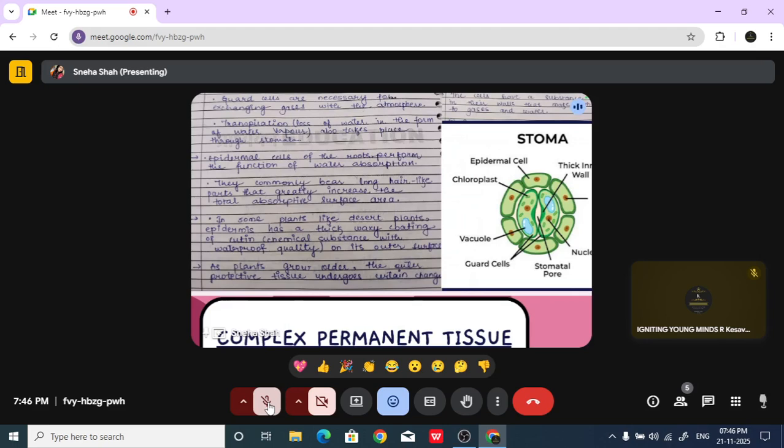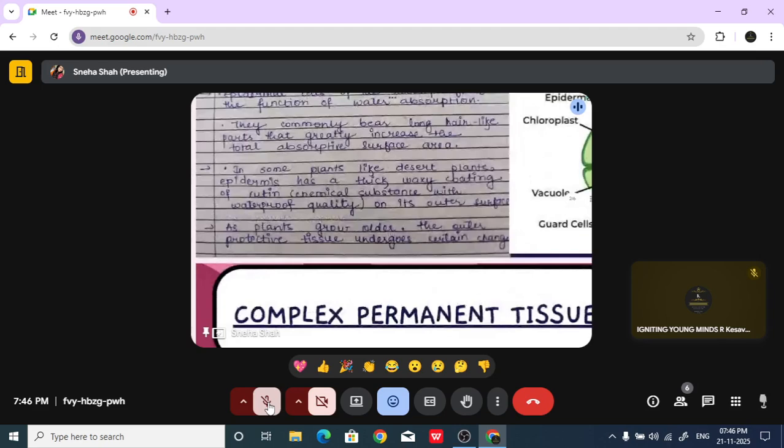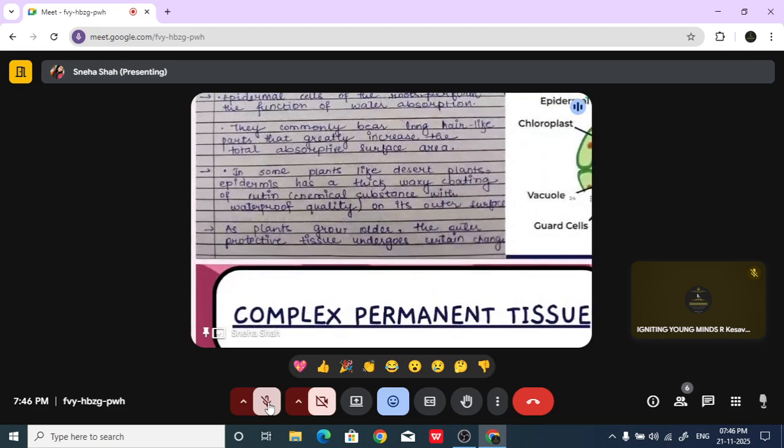Also, to prevent loss of water, the stems of desert plants also have the epidermis, which has a thick coating. In some plants like desert plants, the epidermis has a thick waxy coating of cutin. Cutin is a substance with waterproof quality. So if you look at aloe vera, if you look at cactus,